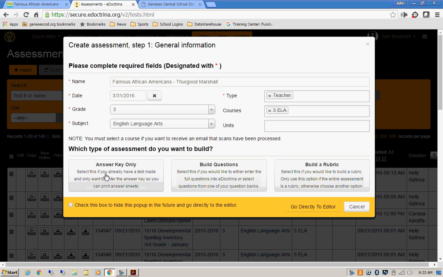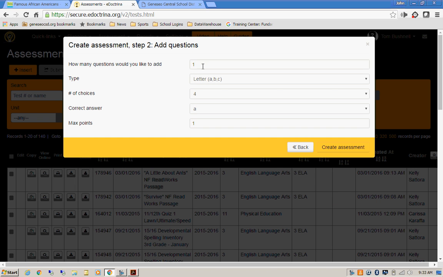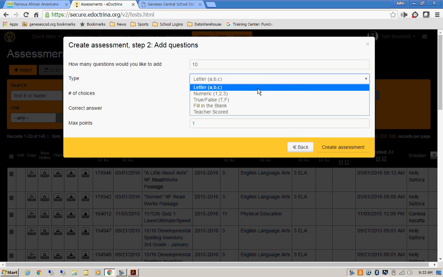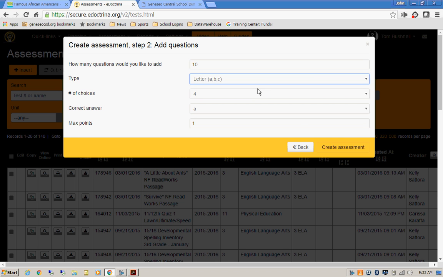So once we have this created, I'm going to click on answer key only. How many questions I want to add. I'm adding 10 questions. I'm going to say it's ABC, letter, multiple choice, even though they're not all like that. We're going to start with that and we're going to modify those last 3. 4 choices for each one of them. Correct answer, we'll just pick A for right now. We know we're going to have to change that. Maximum points, let's leave it as 2 points each. So once I hit create assessment,